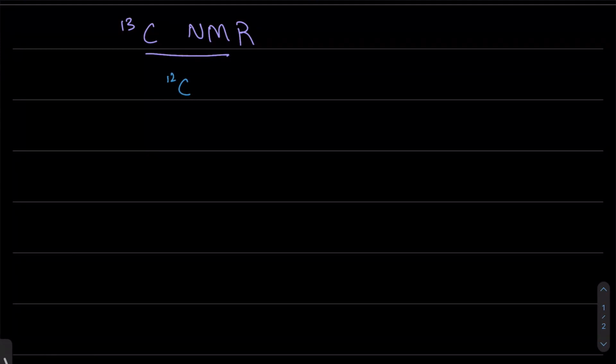doesn't show on the NMR. Does anybody know why that is? Why doesn't it show on the NMR? So things that actually show in the NMR are the ones that have an odd number of spins. This has an even number of nucleons, so it's not going to show on the NMR. But if I switch it with carbon 13, now it has an odd number of spin, and because of that, it